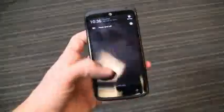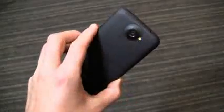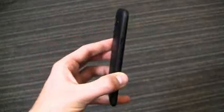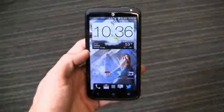4G LTE all around. I actually took the SIM card out of it since the challenge is over, but 4G LTE was relatively impressive as well, particularly in a market like the Dallas area. Build quality is great. Love it. Presents a compelling alternative, but overall, I'm going back to the Note 2 once my challenge is...